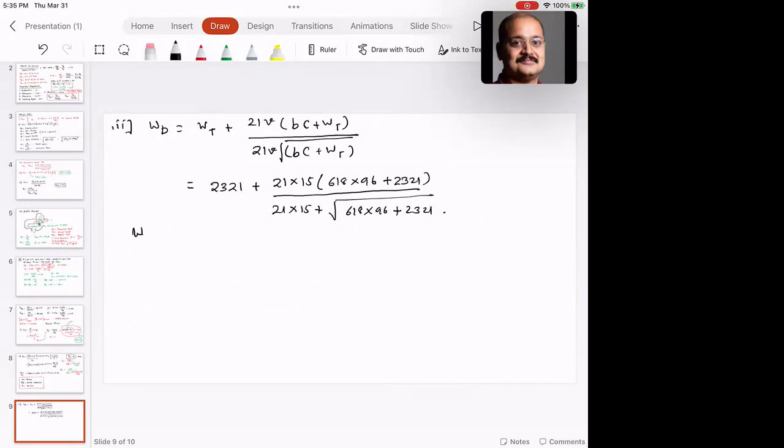And WT is equal to P divided by V. 0.24 times 1200 divided by 60. WT is 2321 newtons. And then you can find out the value of WD. WD is,